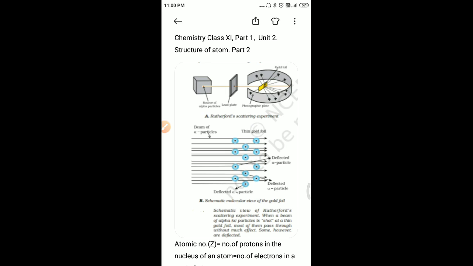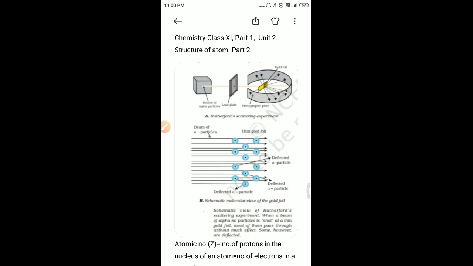The presence of positive charge on the nucleus is due to the protons in the nucleus. The charge on the proton is equal but opposite to that of the electron. The number of protons present in the nucleus is equal to the atomic number. For example, the number of protons in the hydrogen nucleus is 1 and in the sodium atom is 11. Therefore, their atomic numbers are 1 and 11 respectively.